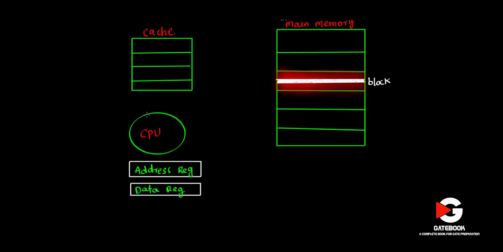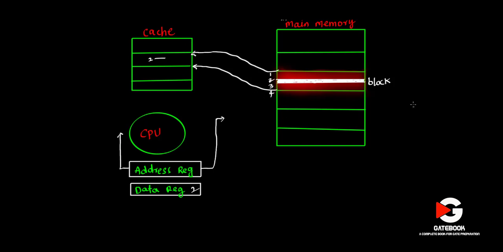Now let's see more details like how exactly it happens. First of all, using this address, we look into the cache. Let's say the data is not available there, then with the same address we look into the main memory. So let's say this is the desired block, and this is the desired data. The simple idea is to transfer this block to the desired cache block. Let me assume that we have 4 words in this block: 1, 2, 3, 4. The second one is the desired word. Once it is available, we transfer this word 2 to the data register. So that is a simple idea.